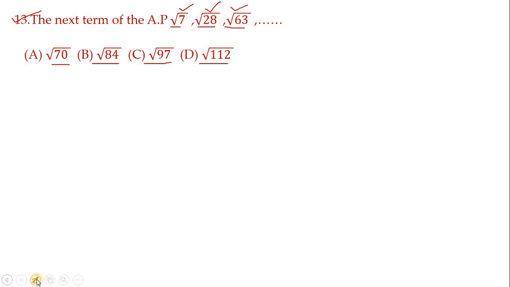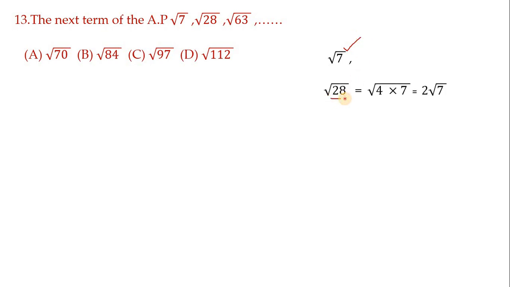So how to solve this? See, if you use knowledge, you can solve in one shot, that I tell you later. First let us go through the proper steps here. First term is standard form, write it as it is. Second term is not in standard form, means it is not in simplified form. So 28 we can write as 4 into 7. Why am I writing it as 4 into 7? Because 4 is a square number. You may ask, sir, why write it as 4 into 7? Why can't it be 14 into 2? If you take 14 into 2, 14 is not a square number and 2 is not a square number.